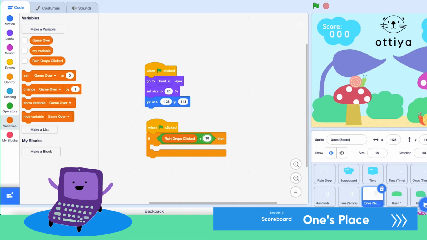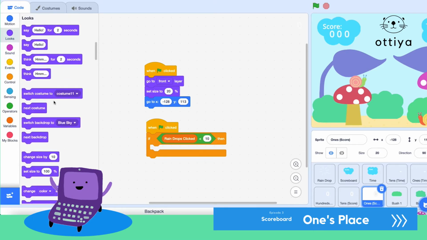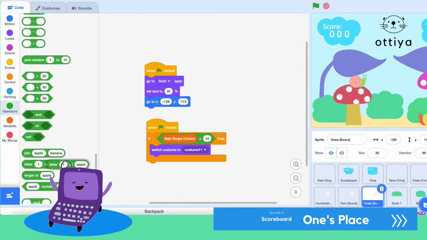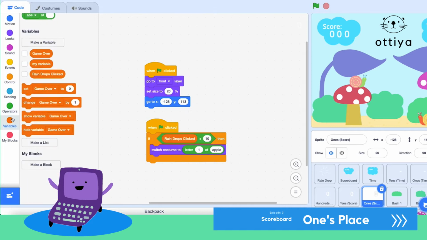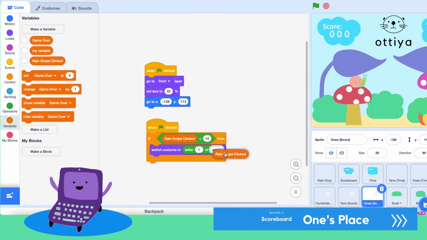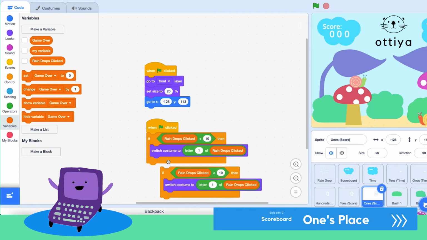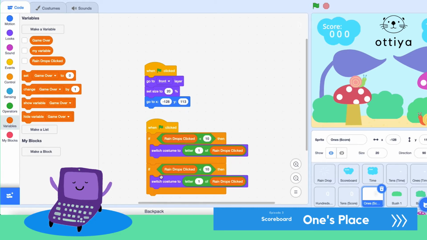So 1, 2, 3, 4, 5, 6, 7, 8, 9. We're going to switch costume to letter 1 of raindrops clicked, which basically just means the first letter of whatever the variable raindrops clicked